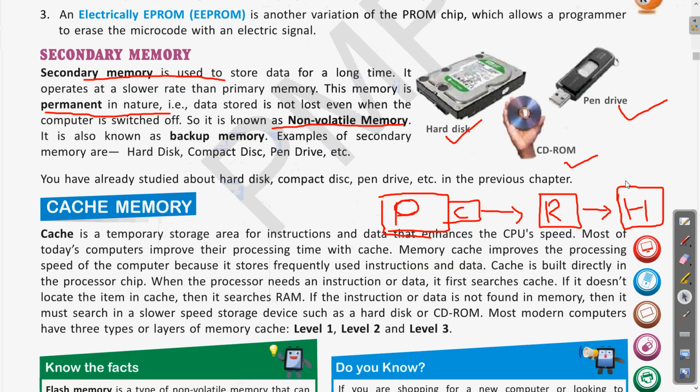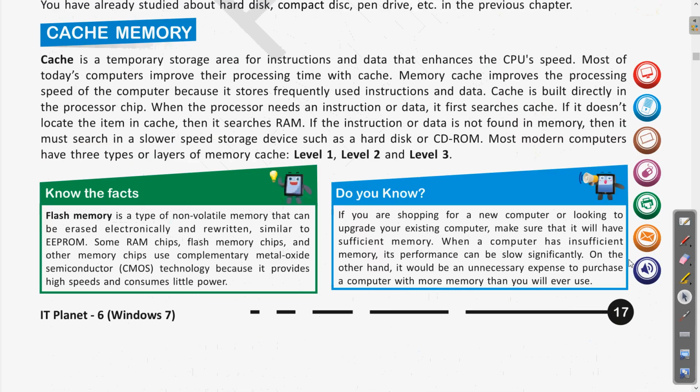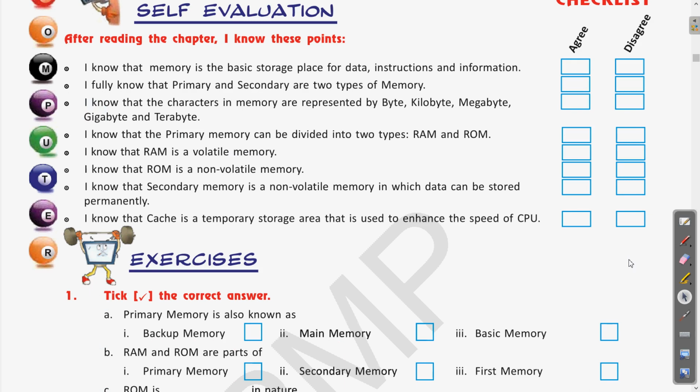Now we have covered almost all the topics, we have revised them. Now it is time to switch to the exercise questions. Let us see. You can read all these self evaluation points. These are very important also, and these are all the summary of the chapter. If you read them, you can revise very well.